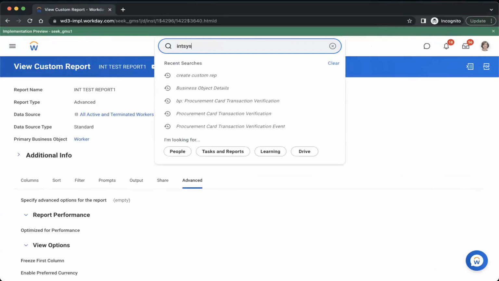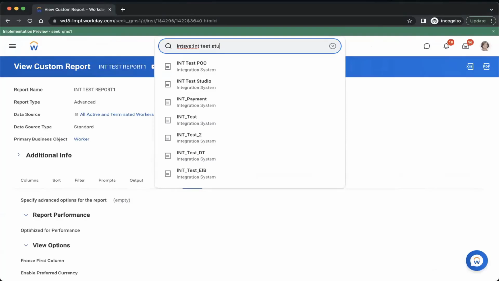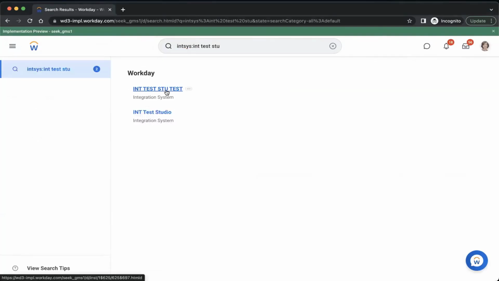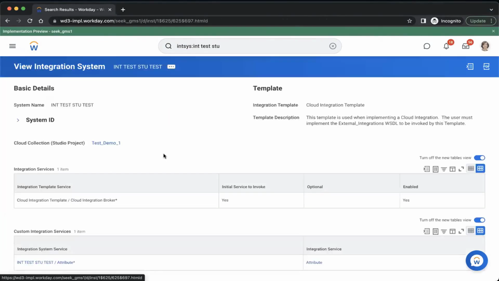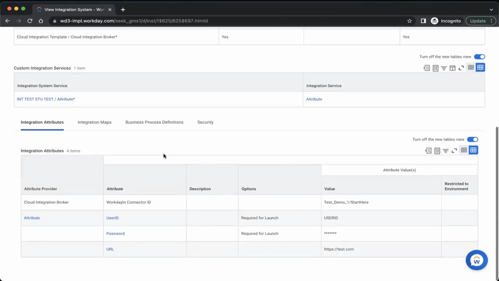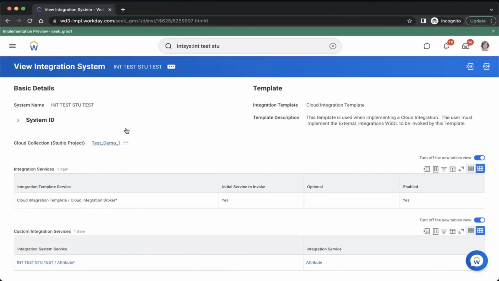Now let me see our studio here, in sys-int test studio. Is it test underscore demo underscore 1?